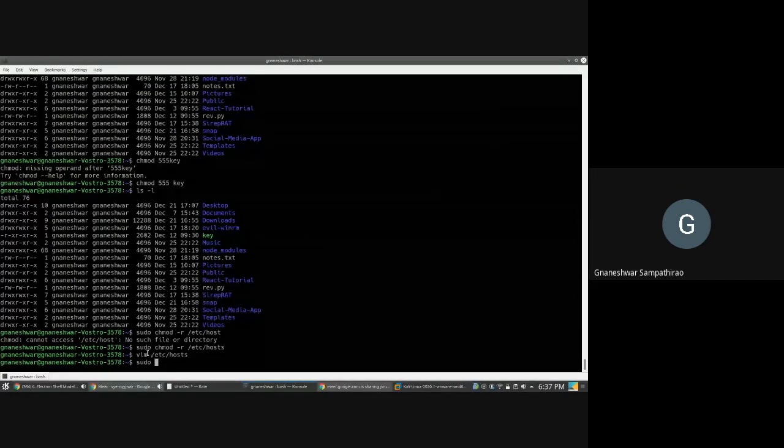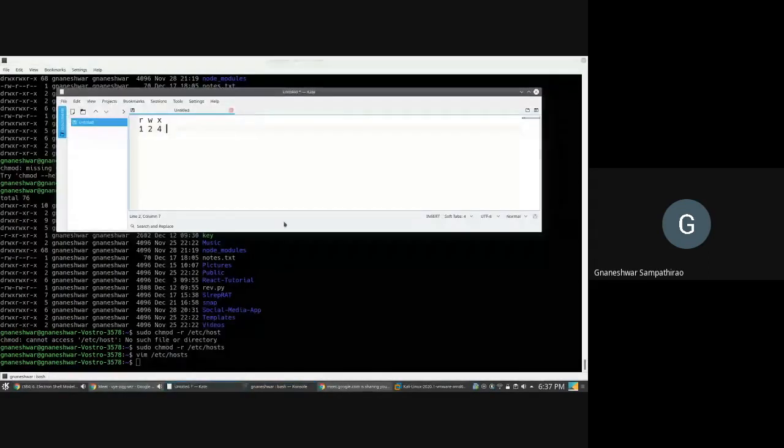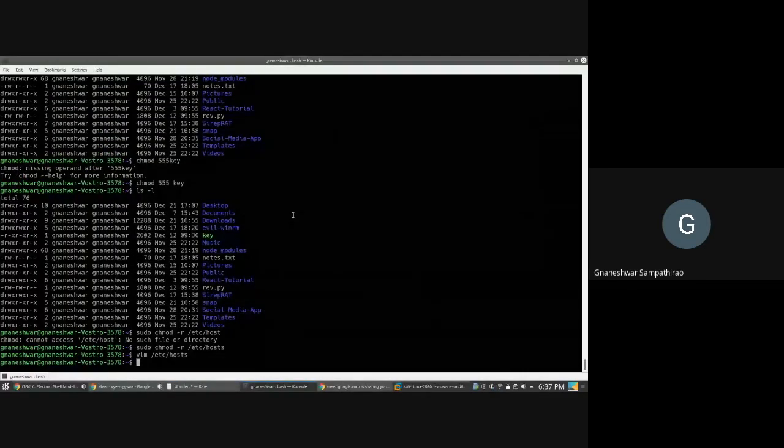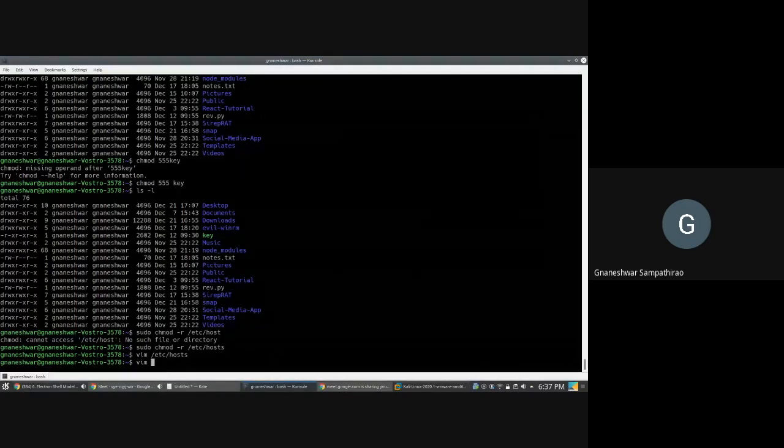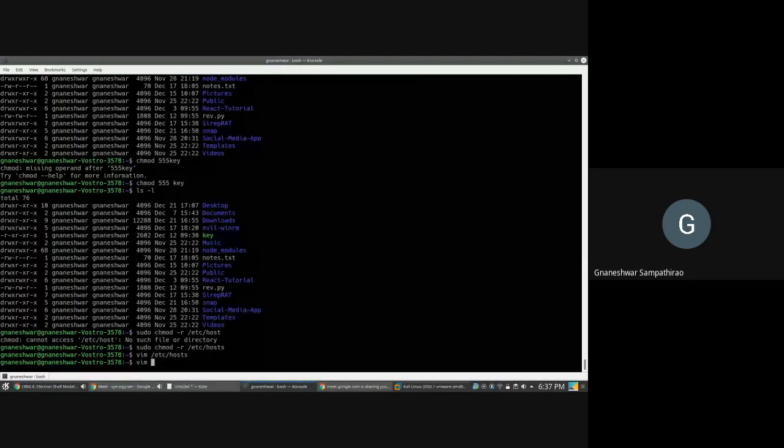I have been using this utility called Vim since the start of this class, so let me tell you about this. In a GUI for Windows, you'll have Notepad, and in Linux you can have some similar replacements for Notepad. But when it comes to the command line interface, you will have two utilities called Vim and Nano. Vim also has a parent version called Vi, which is a little bit modified and called Vim.